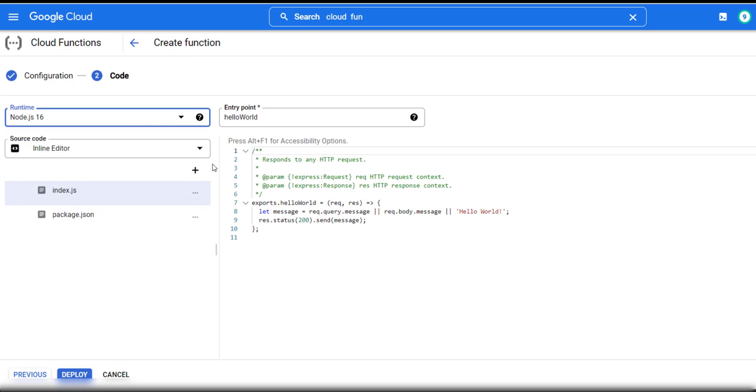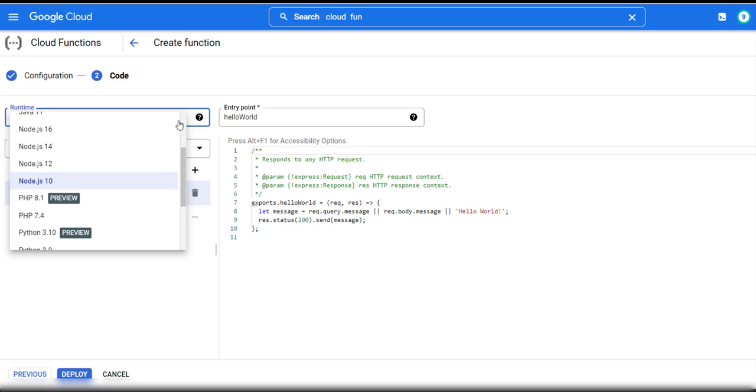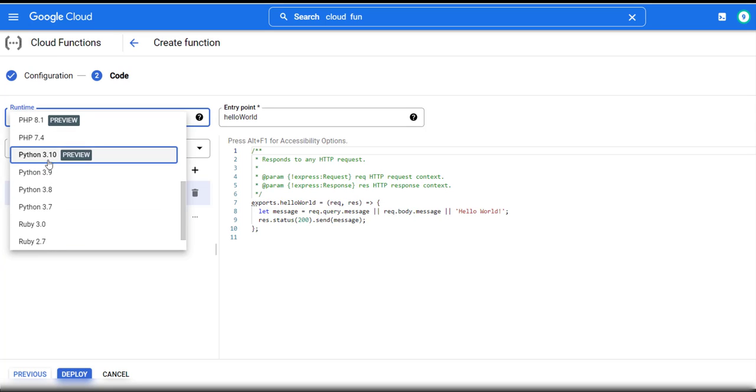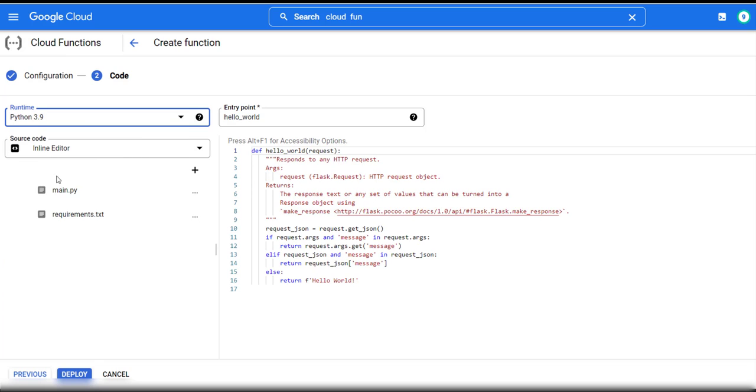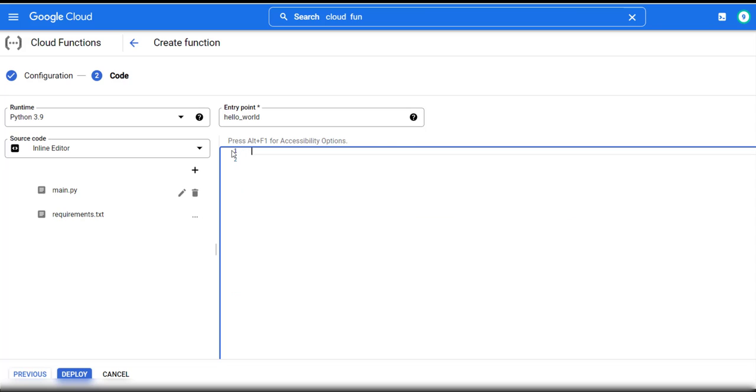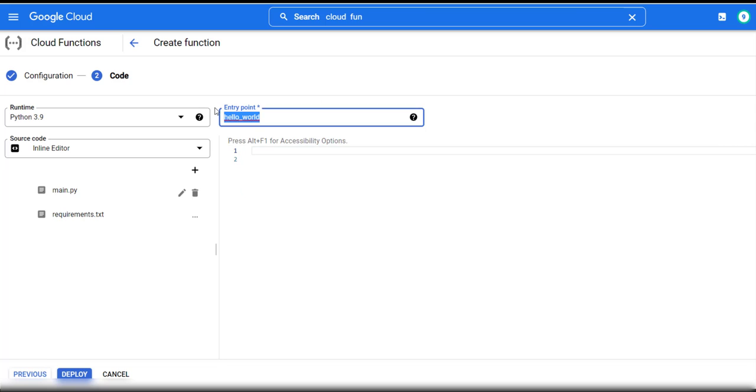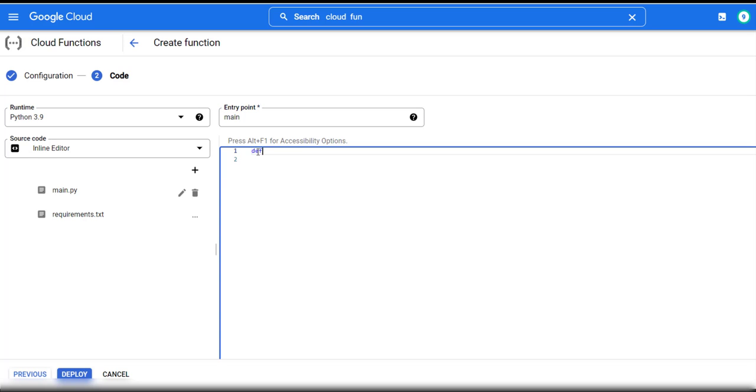Here we will write the code. We will choose the runtime environment, which we are going to keep as Python. So this is the newer version. I'm going to go with Python 3.9. This is your main file. You can delete this and start over. We will do that. And this is basically our entry point. So let's say if I write main here, I will write a definition, main,